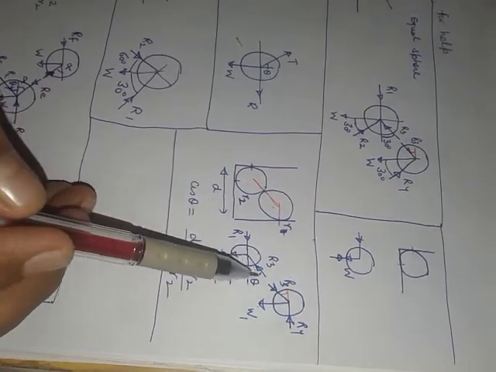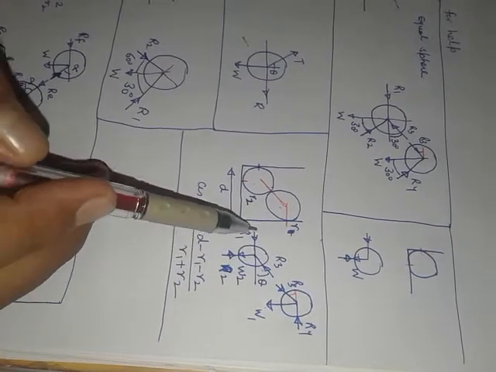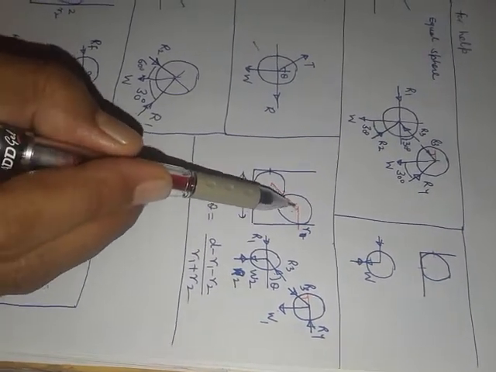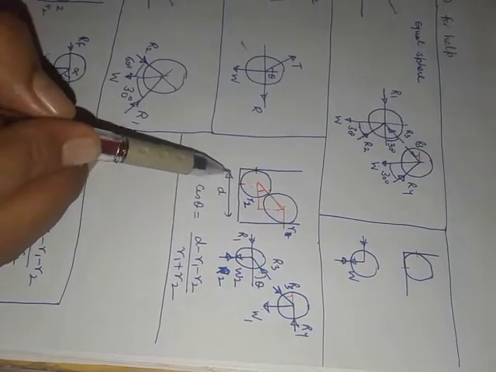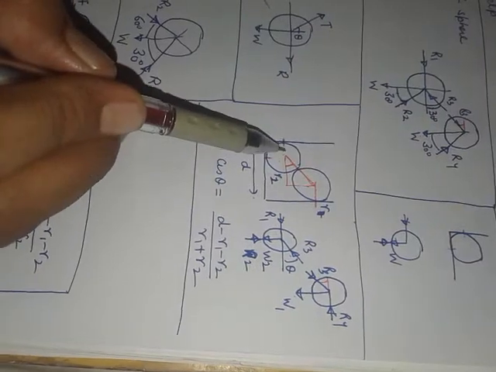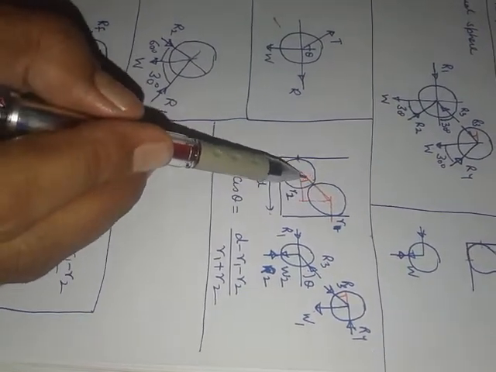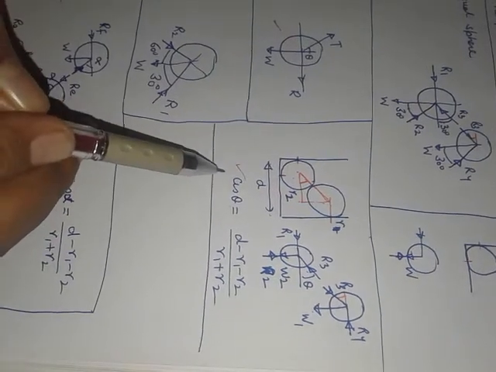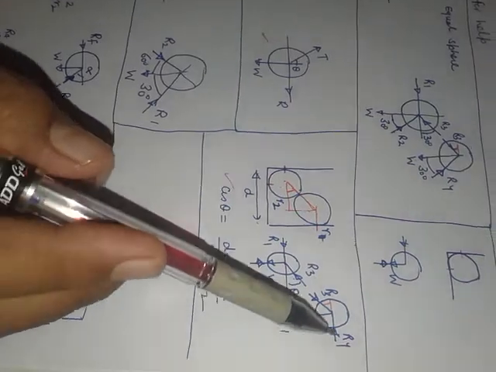So this is there. And how do we determine this angle theta? This is by the geometry of the figure. We can complete this triangle, and we can say this angle theta can be determined by cos theta = (D - R2 - R1) divided by (R1 + R2). So this is how we can determine cos theta, and then by using equations of equilibrium we can solve for any